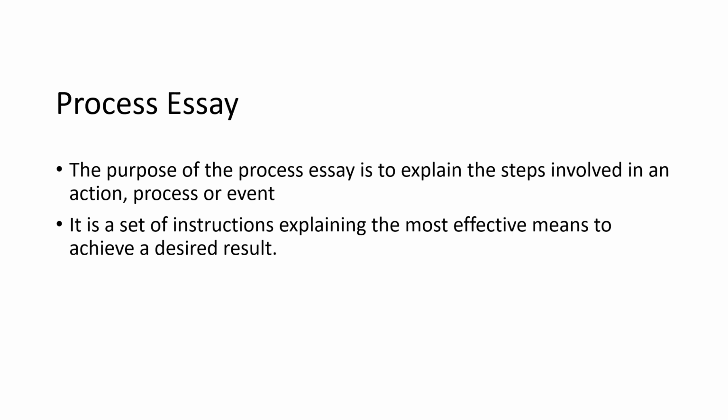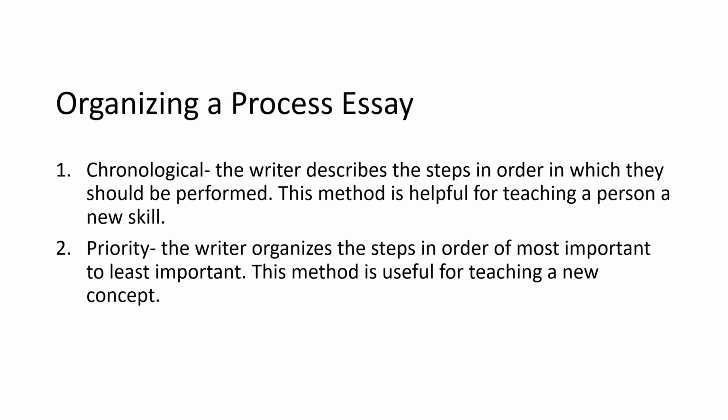In a process essay, it is expected still that the first paragraph is the introduction. In the introduction, you should mention the needed equipment or tools for a certain procedure. Paragraphs 2 to 4 will disclose the steps required to accomplish the desired result, while the 5th paragraph is the conclusion. There are 2 ways of organizing information in the body paragraphs.